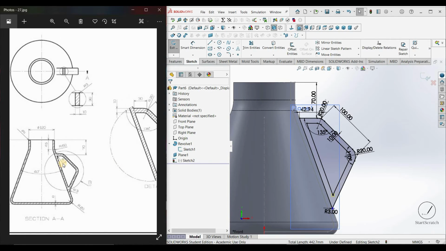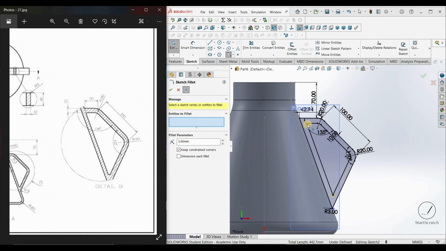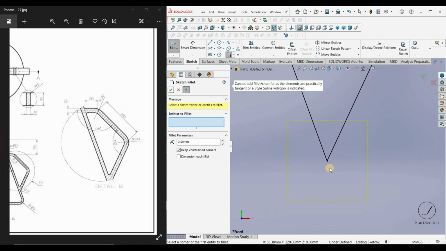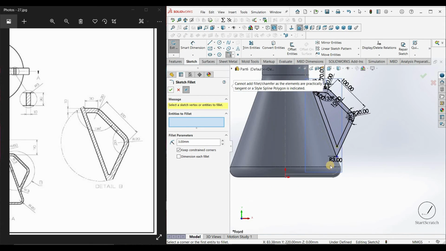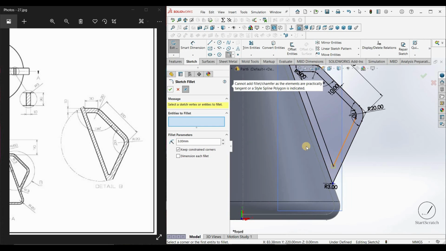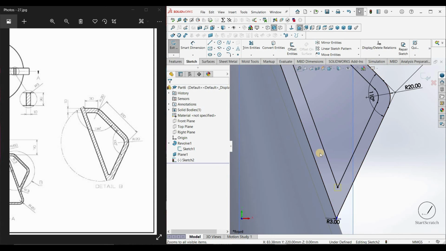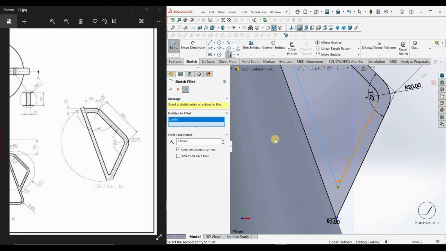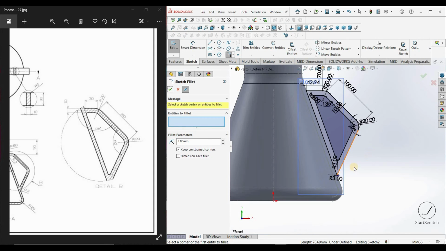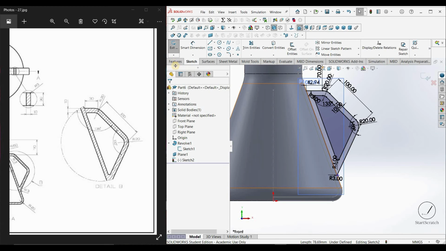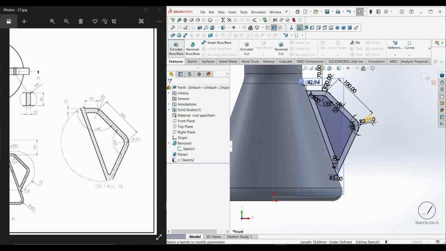Then also give sketch fillet of 3 radius here and here. Okay, and okay. Go on to features, extruded boss base,